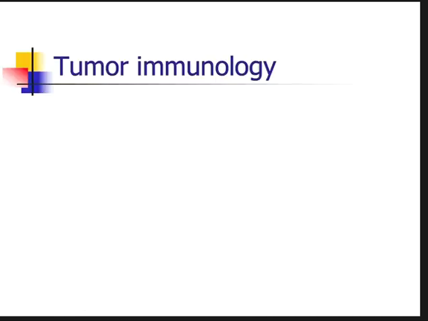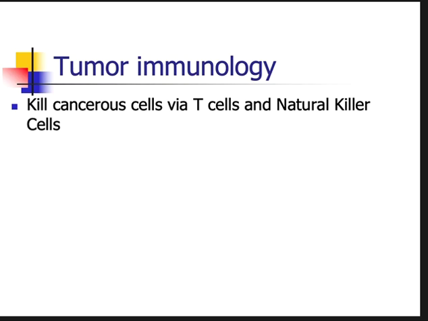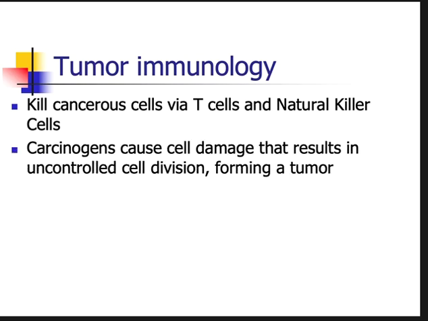Okay, tumor immunology. So we want to kill cancerous cells with our T cells and our natural killer cells. So natural killer cells if the MHC1 tag's missing, and killer T cells if the MHC tag has antigen on it. We have lots of chemicals and